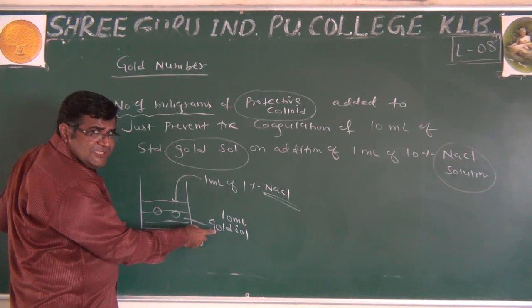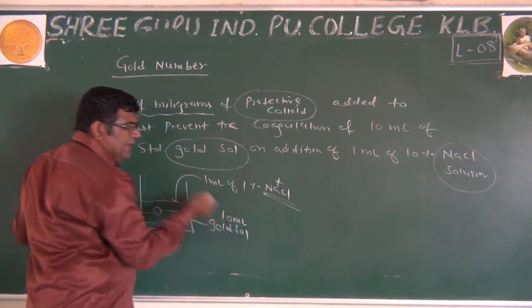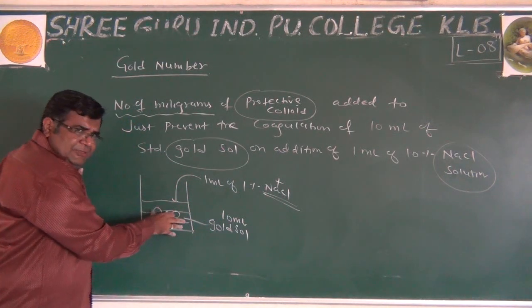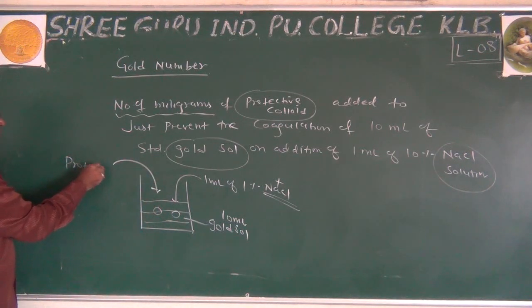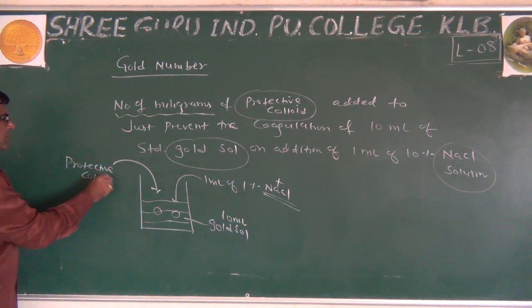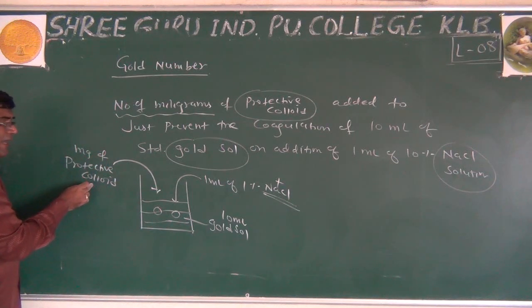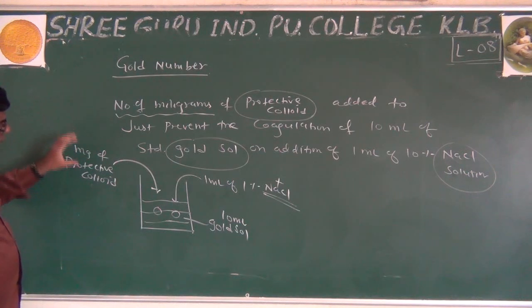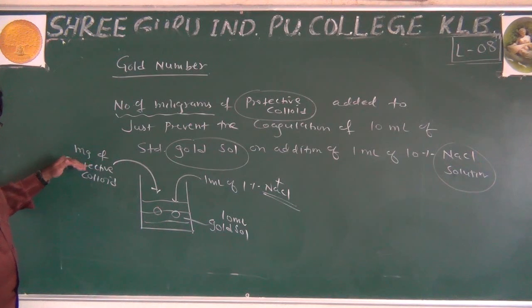Metal salts are negatively charged. Alright, the positive charge is the active ion here. It will cause coagulation, but we have to stop that coagulation. So we are adding the protective colloid here. And the number of milligrams of protective colloid added is called the gold number. If its protection ability is greater, the addition will be in a small amount, isn't it?